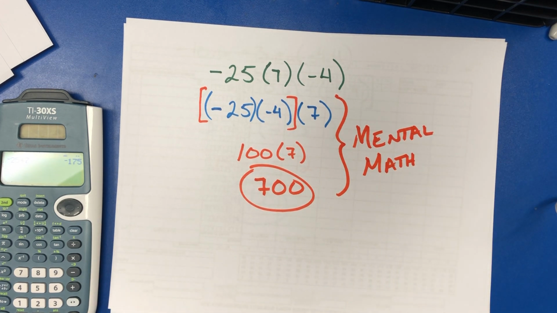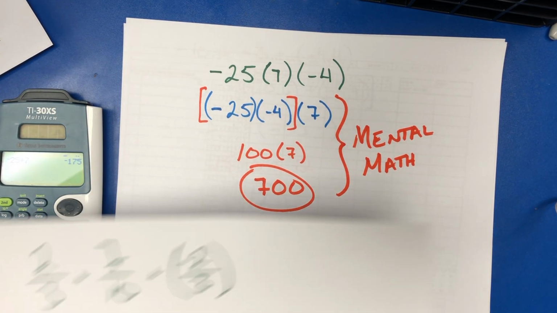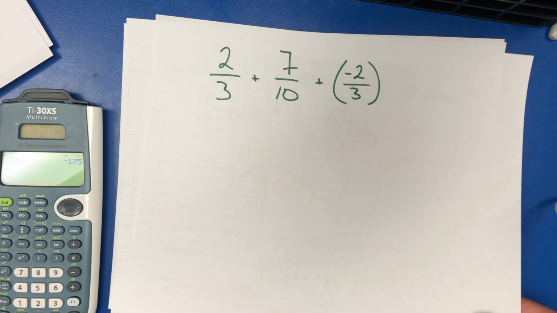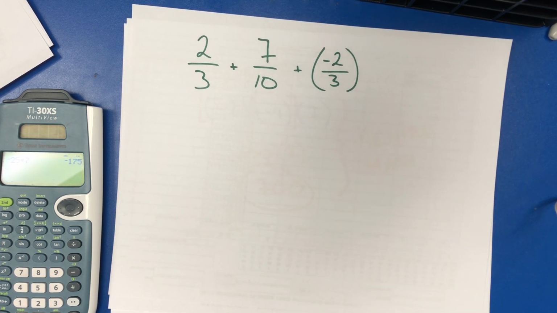If you know your properties, this kind of stuff can be done just like that in a snap. You don't have to be dinking around with anything. I've got a couple more problems that I'd like to show you, and these go along with example 4. But before we do example 4, there is another box that reminds us of